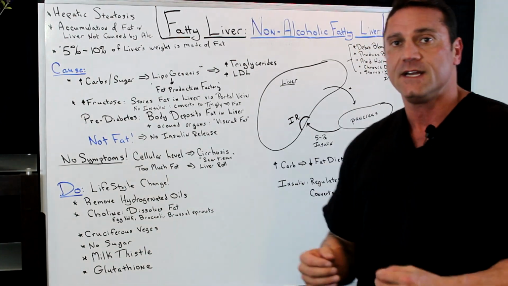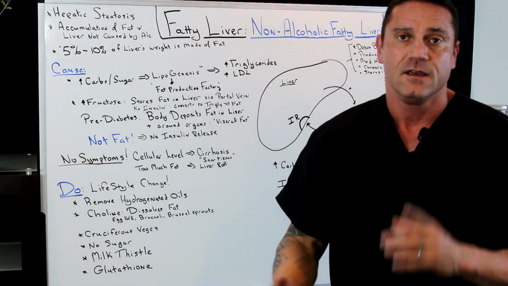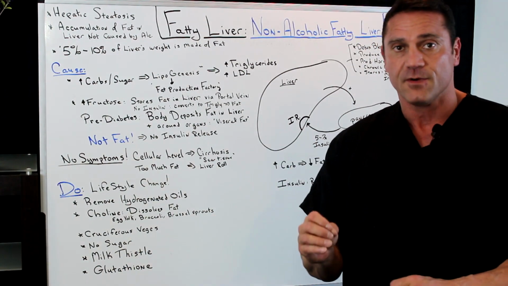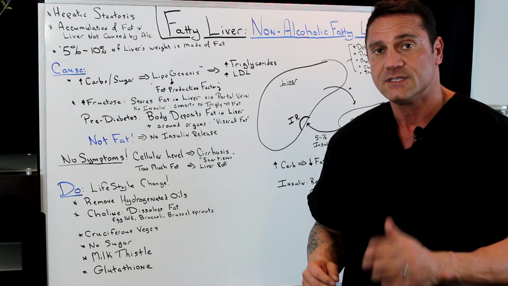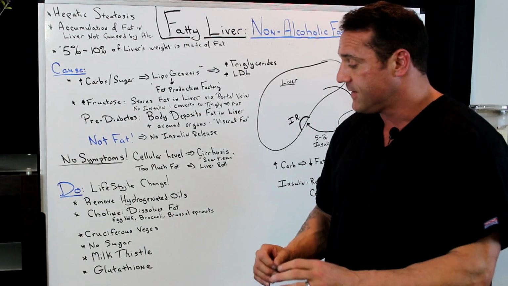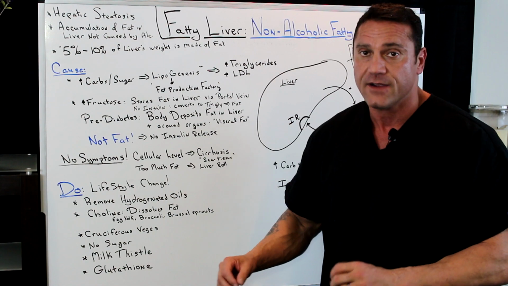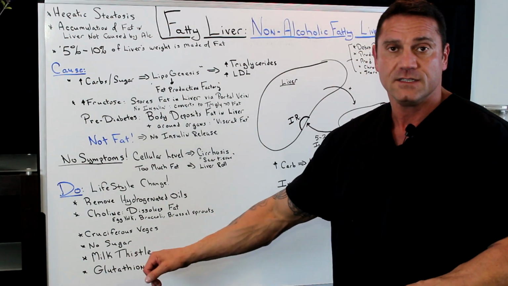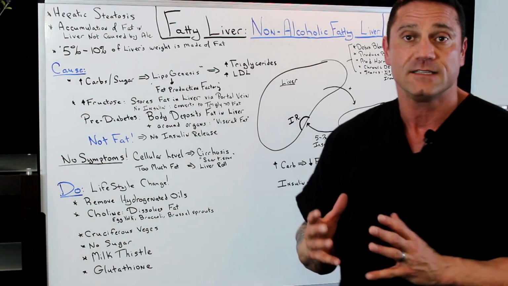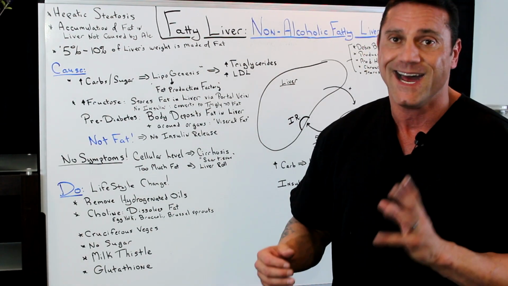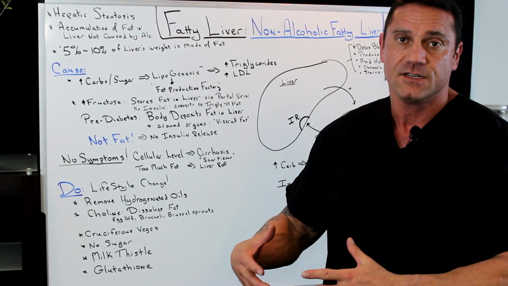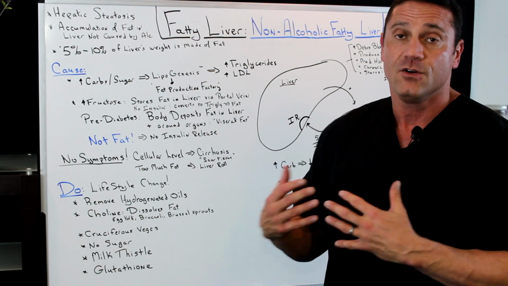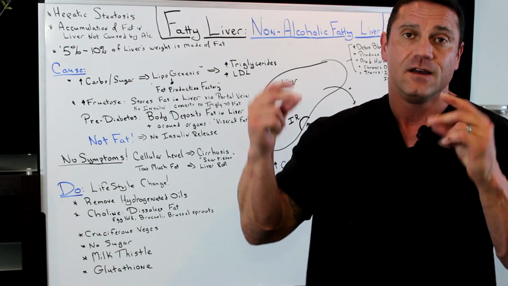Now, supplementation. You want to take supplements to clean up the liver pathways. Milk thistle is always a must. That's an herbal route. Or if you want to go the amino acid route, which I've covered in other previous videos, the master detoxifier, the fire extinguisher for the liver, is glutathione. You want to load up on the glutathione. It's an amino acid. You're going to take it first thing in the morning on an empty stomach because that's going to help clean out the liver pathways. When I have my patients on glutathione who have fatty liver, they get better immediately.